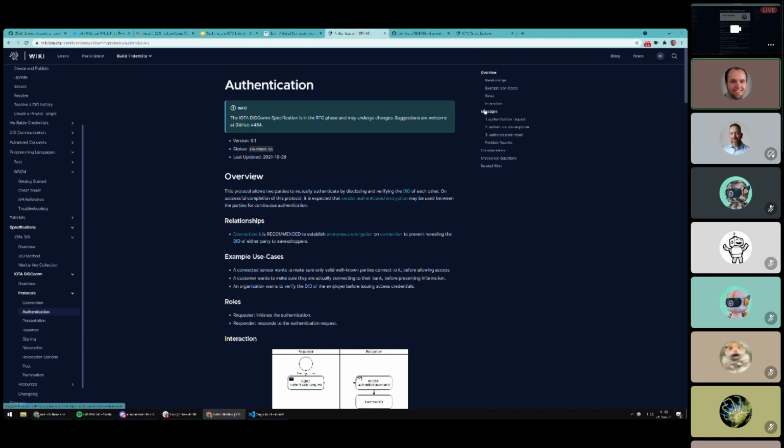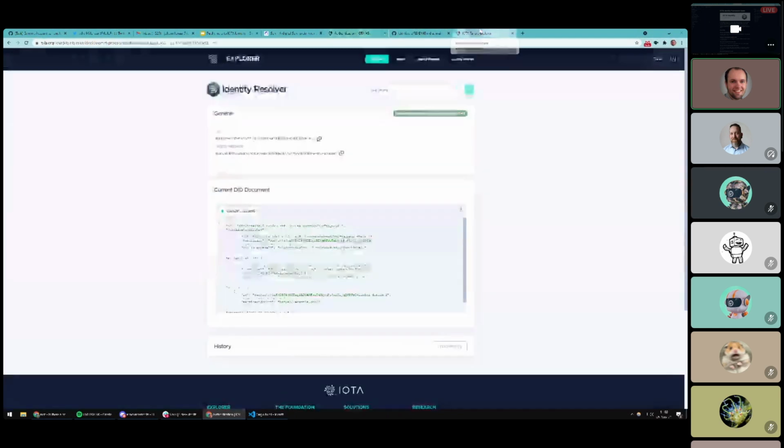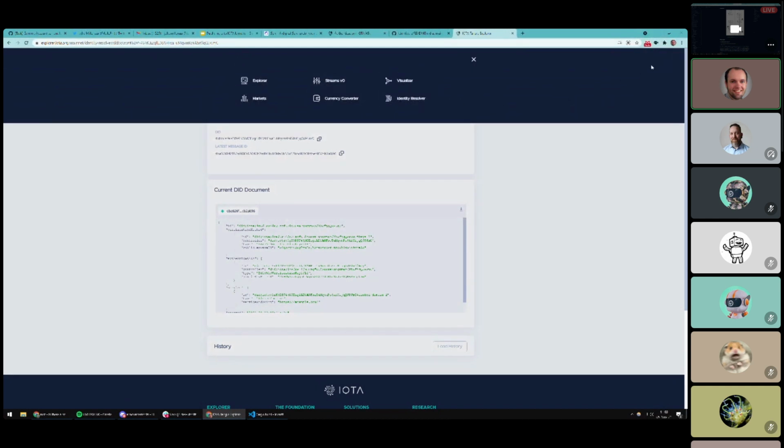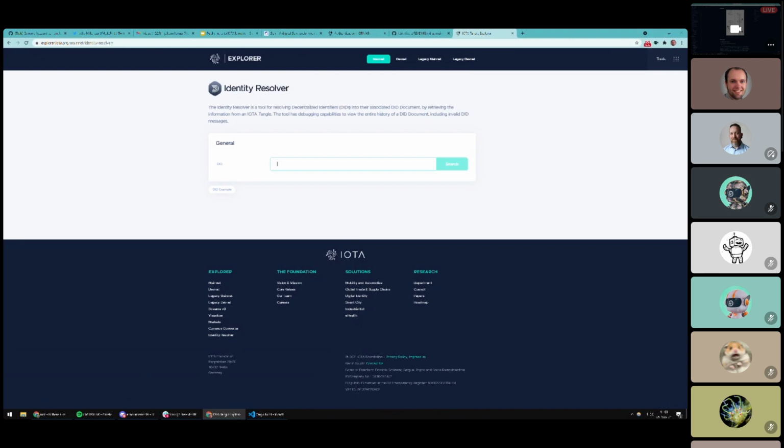All right. Then my very last point of what I would like to show today is the identity resolver. The identity resolver is a recent tool that we've developed for people that are developing with IOTA identity. You can find it on our Explorer, explorer.iota.org. Then you have this tools section on the top right, and you can click here for the identity resolver. And what is cool about the identity resolver is that if you have created an identity,